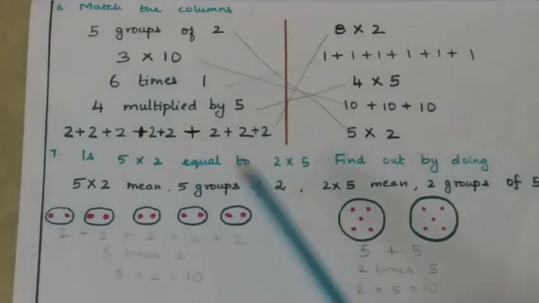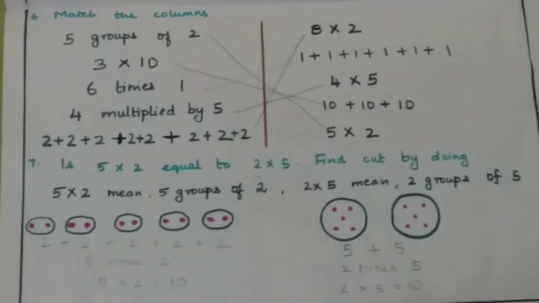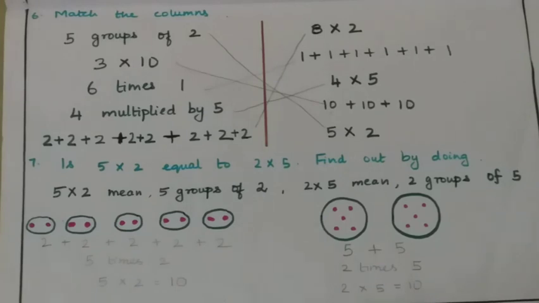So if a child is clear with this concept, the number of rows that they are going to memorize in a table is going to reduce by half. So these are the various activities that I wanted to share. So hope these activities will be useful for the parents to make their kids learn tables joyfully and happily. First, the parents should be patient enough to make the kids understand the concept, and then once they are clear with the fundamentals, then you can slowly increase your speed of teaching them.